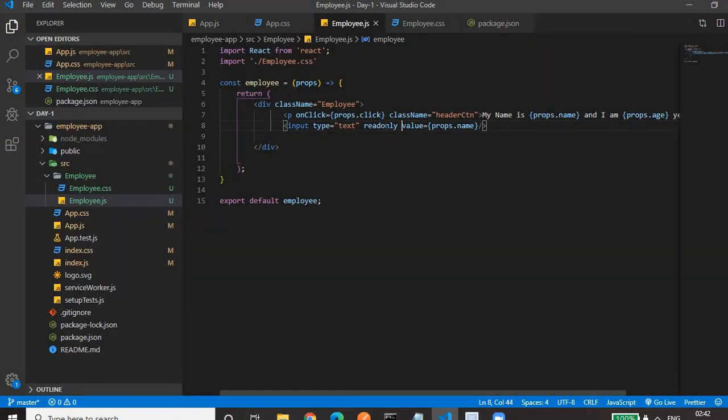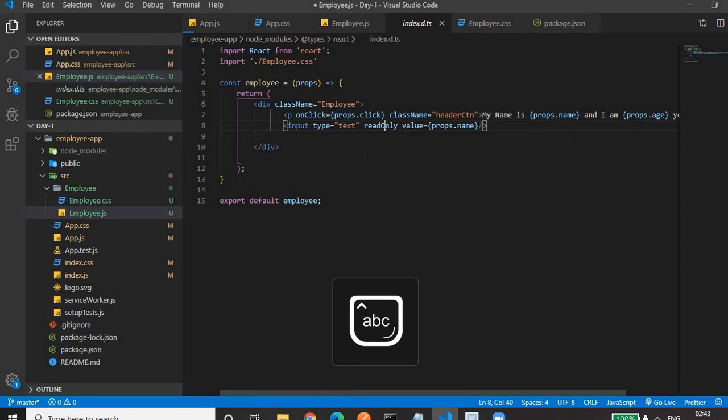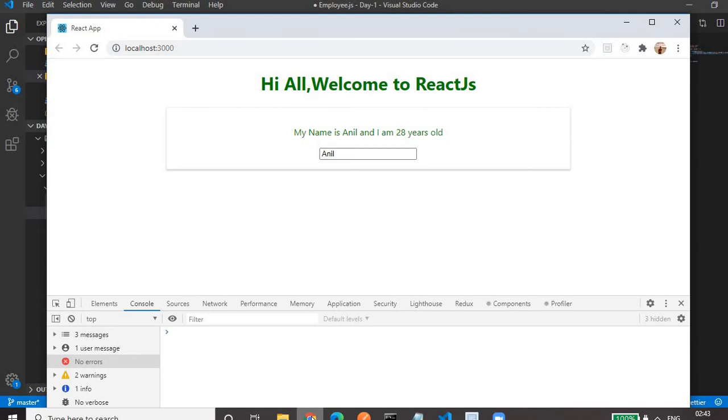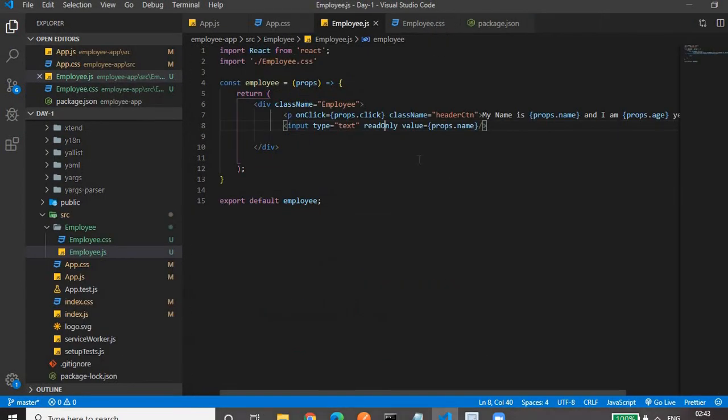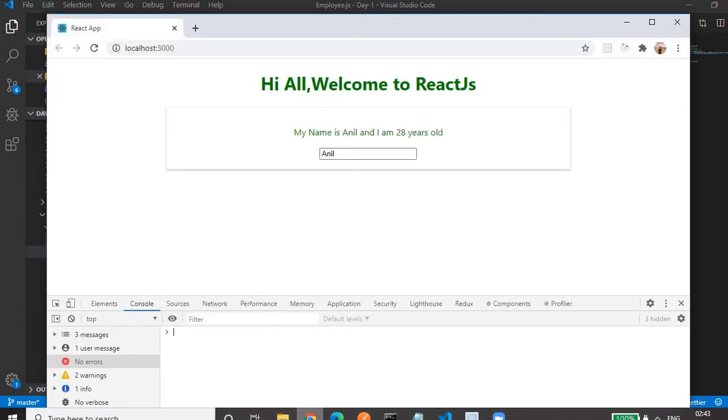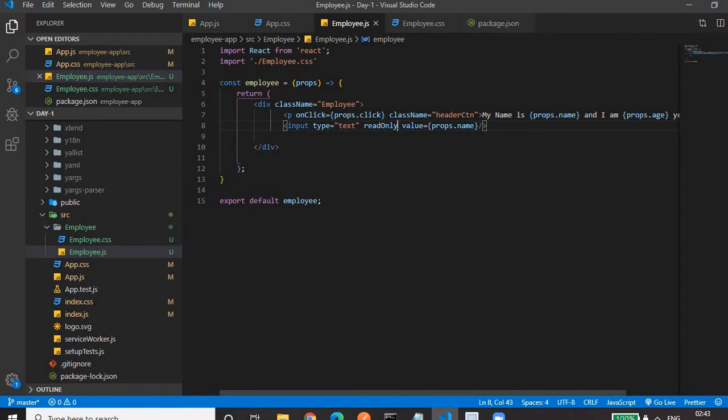maybe read-only with the O in caps, I believe. Yeah. See, on using read-only, the error is gone. We are not seeing this error. It's read-only, so we cannot type anything. If you want to make this field editable, we have to listen to the onChange event.